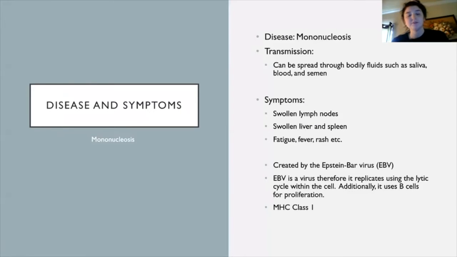Mononucleosis, also known as mono, is caused by the Epstein-Barr virus and mainly affects MHC class 1. Mono is sometimes referred to as the kissing disease because it is spread through bodily fluids, mostly saliva, but can also be spread through blood and semen as well. Common symptoms include fatigue, fever, rash, and swollen lymph nodes, but can also consist of a swollen liver and a